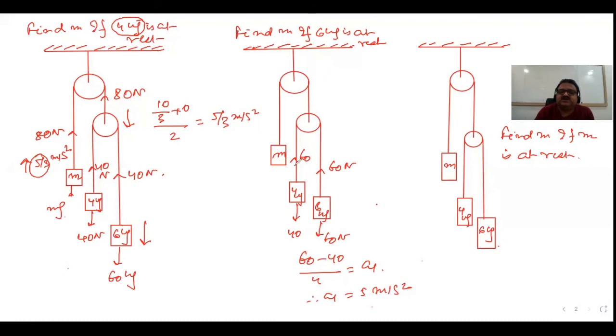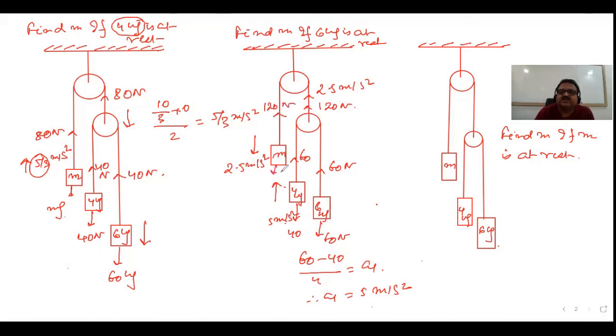So in this case, since upward force is more and it is positive, that means it is moving up with an acceleration of 5 meter per second square. Now these are at rest. This 5 meter per second square. So what will be the acceleration of the pulley? That is 5 plus 0 divided by 2, that is 2.5 meter per second square. That means this mass is moving down with an acceleration of 2.5 meter per second square. This 60, this 60, this is 120 Newton. And this is obviously 120 Newton.